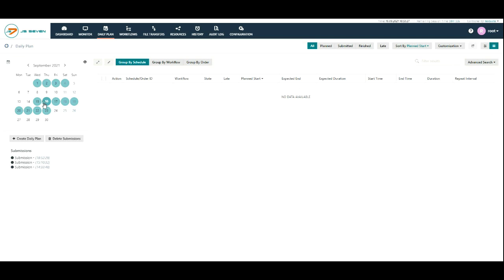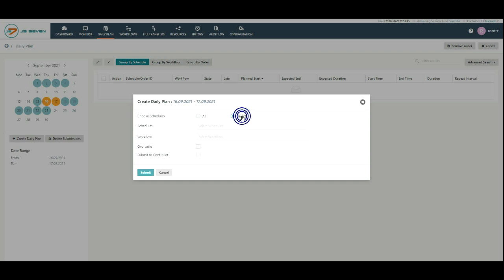Execute the create daily plan for the selected date range from the calendar. Click on the Create Daily Plan button. A pop-up window will appear. Select the change schedule and tick the checkboxes.